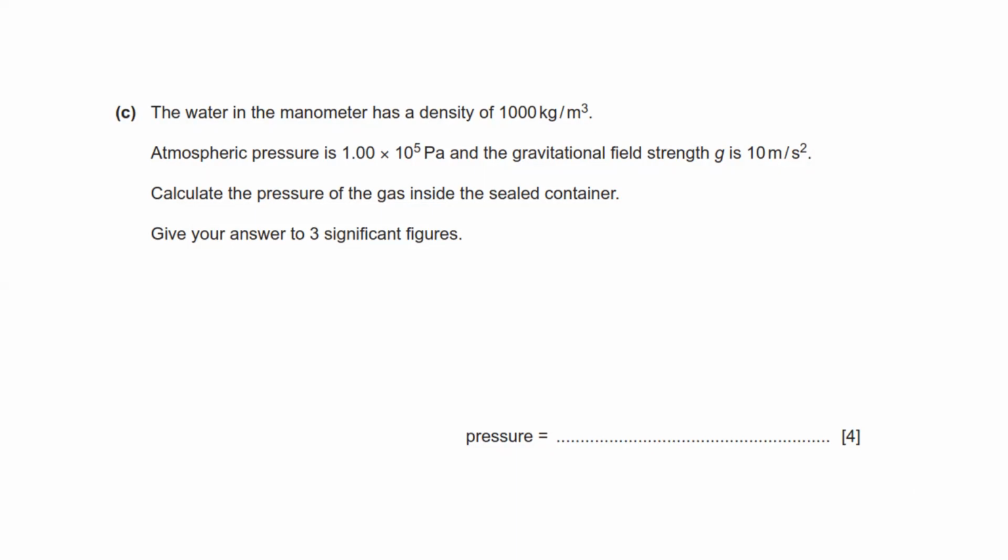1000 kilogram per meter cube. Atmospheric pressure is 1 into 10 to the power 5 pascals, and the gravitational field strength is 10 meters per second squared. Calculate the pressure of the gas inside the sealed container. Give your answer to 3 significant figures. The pressure of gas